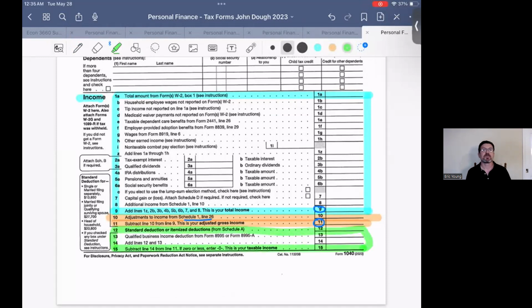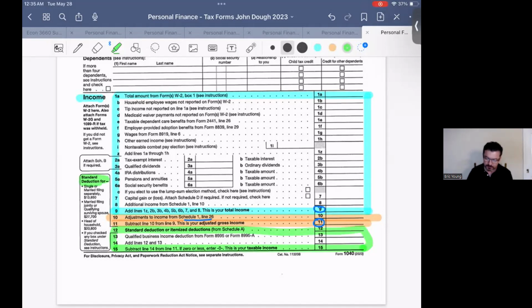Here's the idea. All taxpayers have a chance to take a deduction. That deduction can either be an itemized deduction on a Schedule A or a standard deduction that every taxpayer is entitled to. You have to go through the hard work of figuring out which one is the biggest, but you